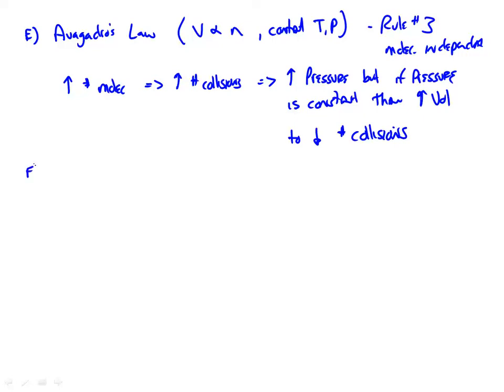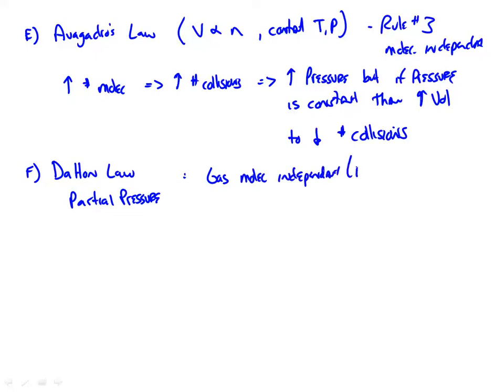And then, of course, the last thing we talked about was what we first started with today, which is Dalton's Law of partial pressures. When we were talking about Dalton's Law, we said that basically this is true simply because the gas molecules are independent. That's rule 3. Therefore, they do not interact